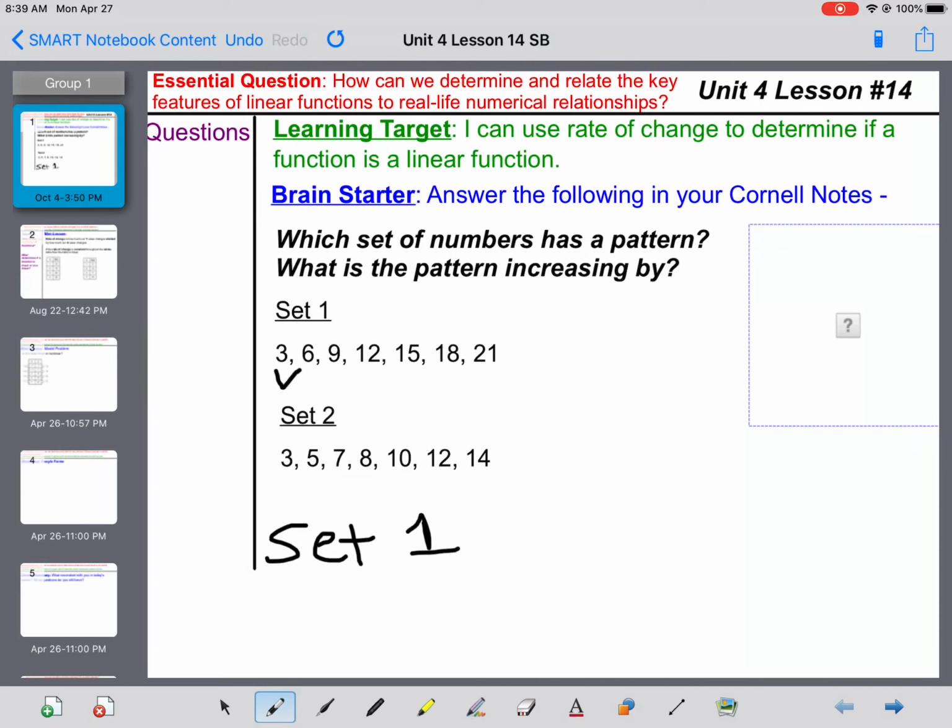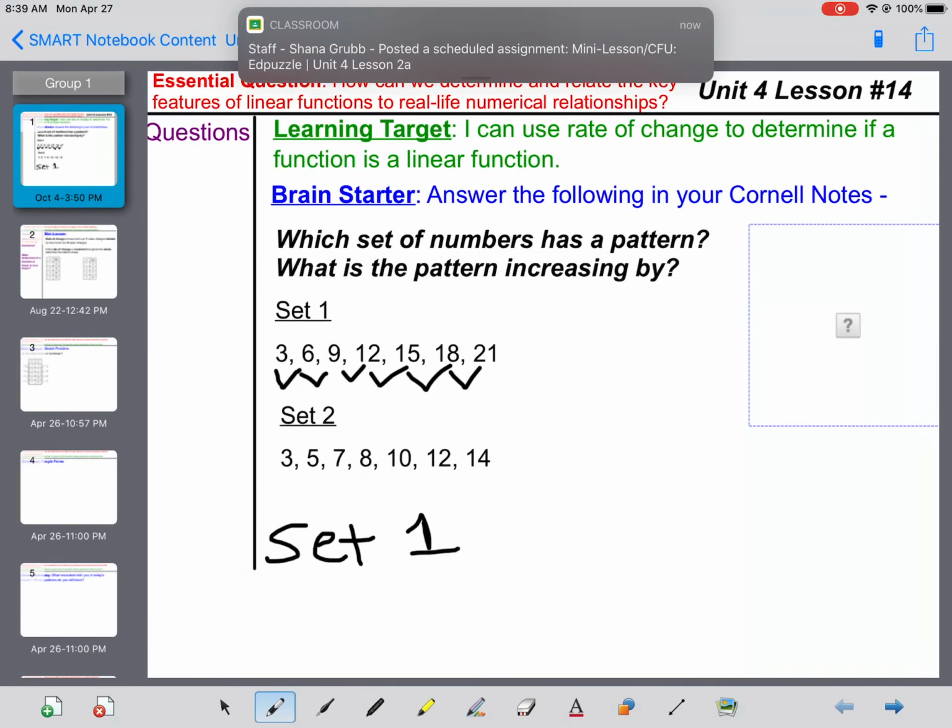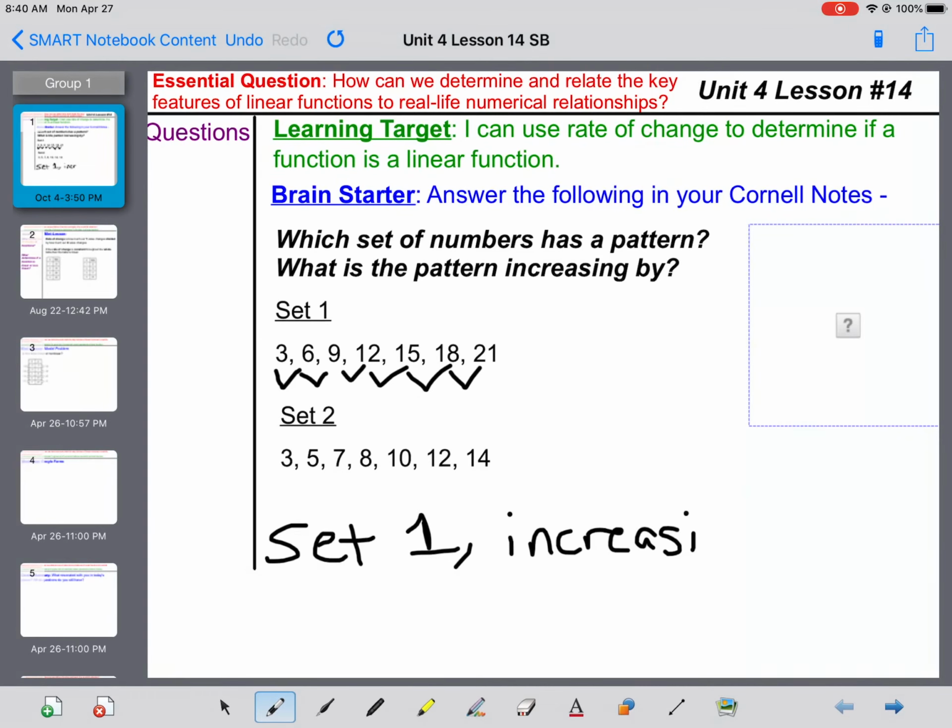Because each time you jump from one number to the next number, you're continuously increasing by the same number, and it is increasing by 3. In set 2,